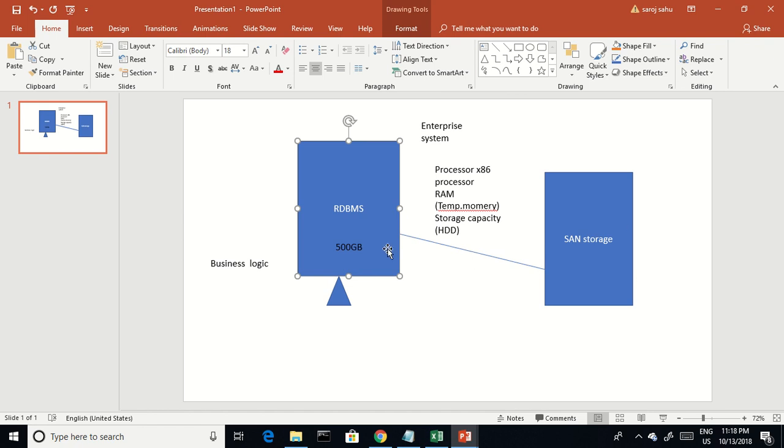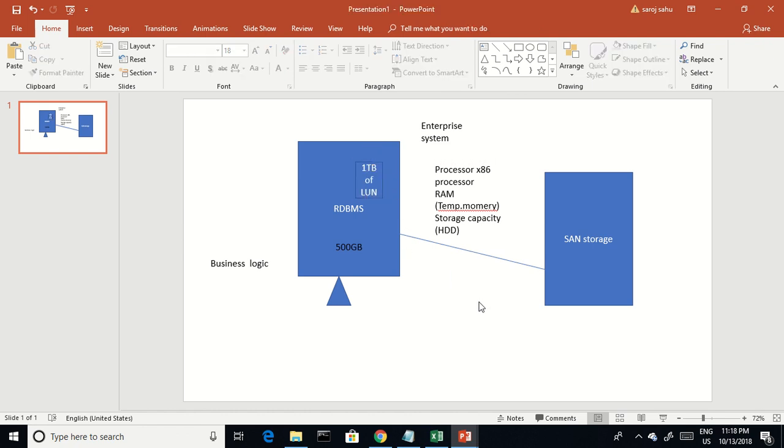But attaching disk is a problem. It may not be supported because every system has some limitations, hardware limitations. It is vendor specific. So for storing more data, I have to connect to the SAN and be given another 1 TB of LUN, or you can say space. So I can store another 1 TB of data.